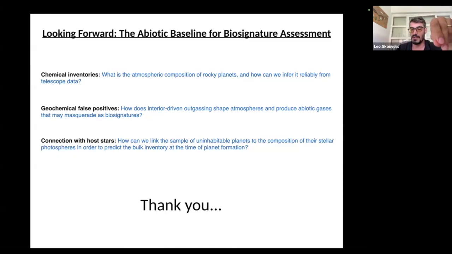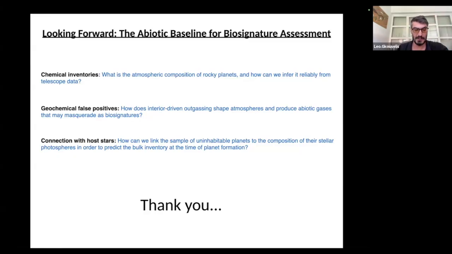But what I'm trying to approach here is that before we make any bold claims on what biosignatures are, or if we have detected one in an exoplanet, what we should care about now is what would be the abiotic baseline of this planet? What is the capacity of the planet in covering and reproducing atmospheres or any signal to our telescopes that can be totally abiotic? We should explore all of this parameter space. And then if we see some kind of deviation in our signal, okay, let's talk about it, right?